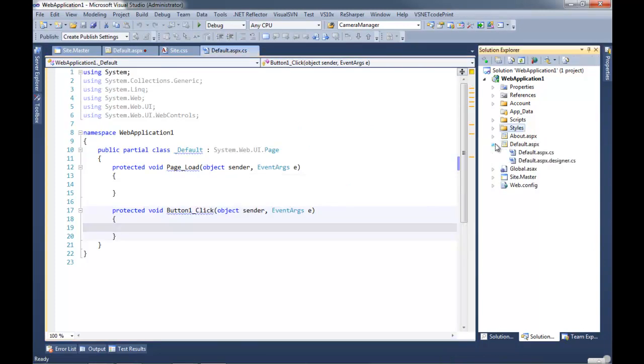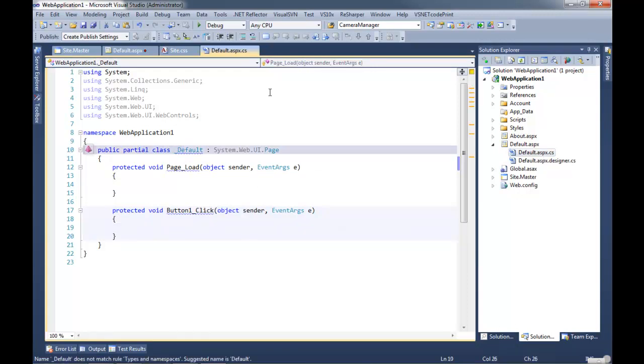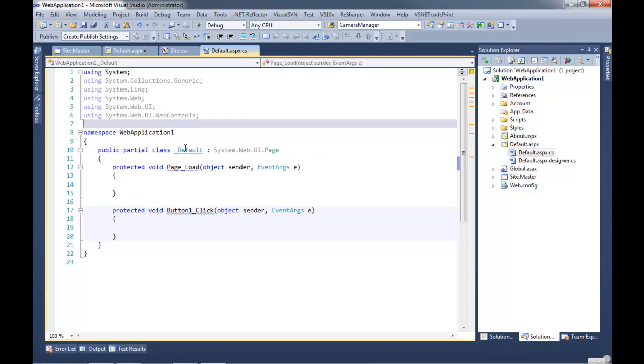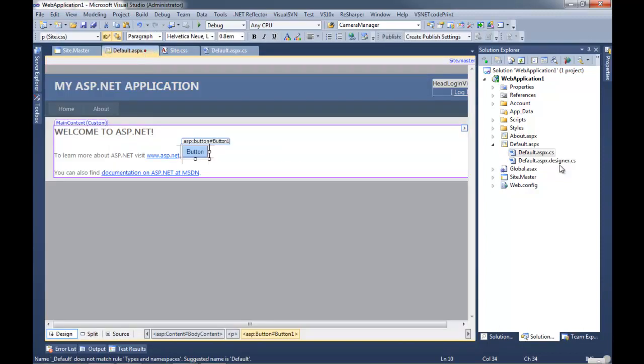So check this out. We have what's called a code behind. Every single ASP.NET Web Forms ASPX file has these code behinds. And you'll notice that it's a partial class of _Default. That's because this ASPX file turns into a class at runtime. The code is generated dynamically, turns into a class, and then the C# compiler actually gets invoked the first time you go to a page after an application restart.